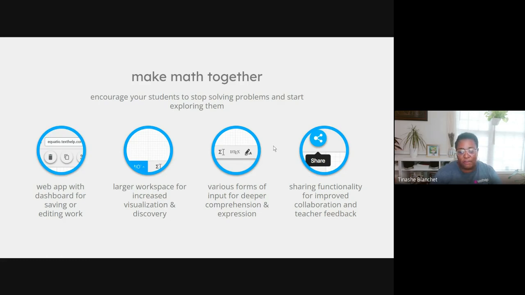Another great thing about MathSpace is that teachers have the ability to communicate with their students on MathSpace. They can say, here's this assignment, assign them a MathSpace. They can do the work in MathSpace, send it back to the teacher. The teacher can grade it. They can give them feedback. So it's just a really powerful tool for teaching and learning mathematics.